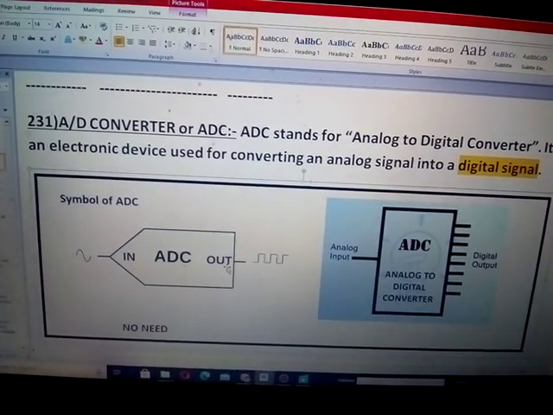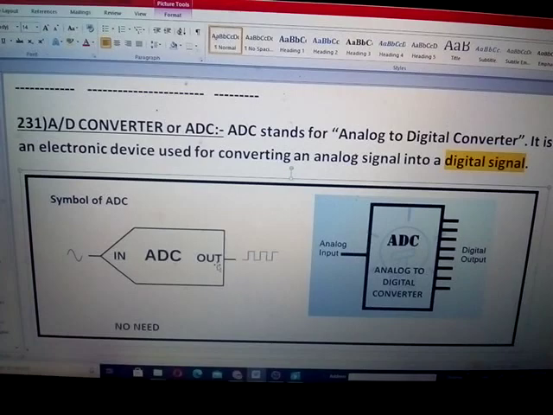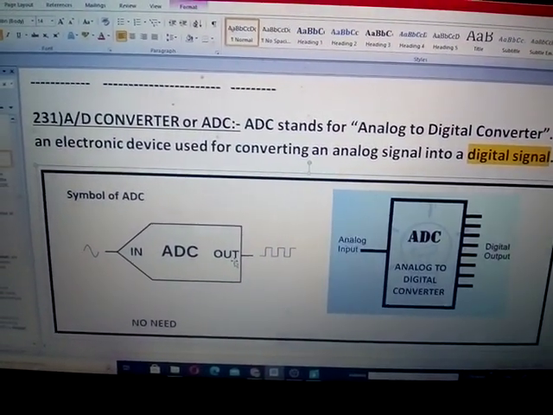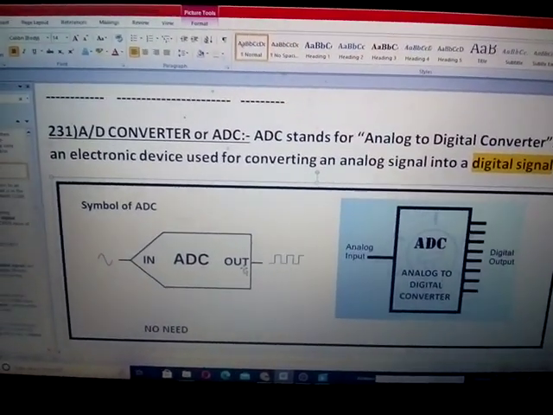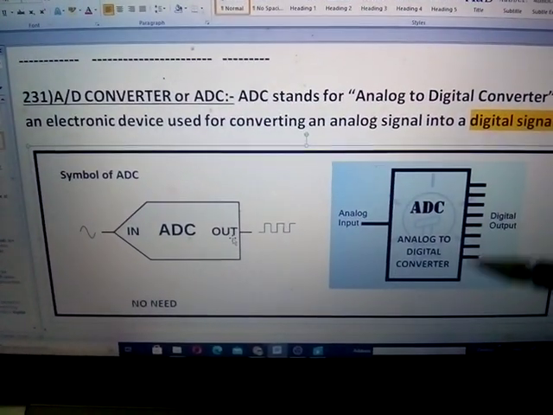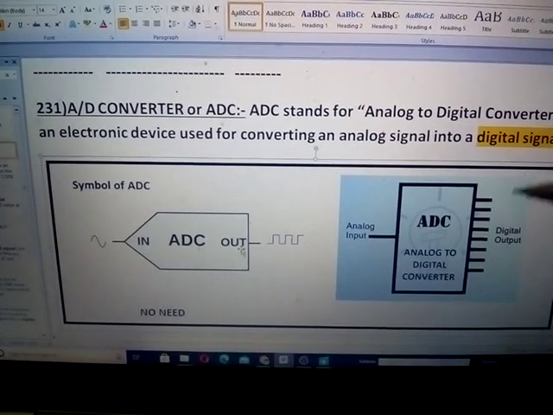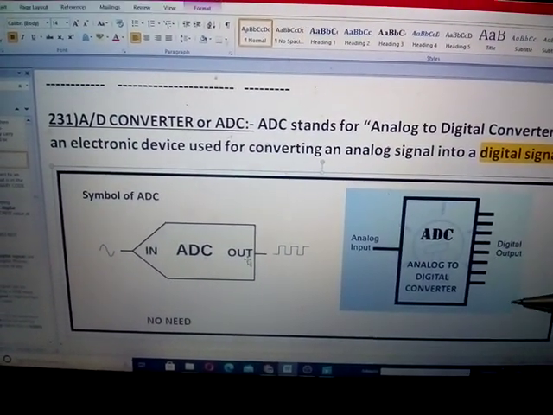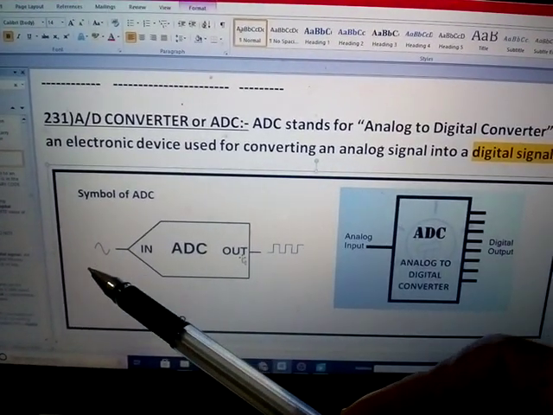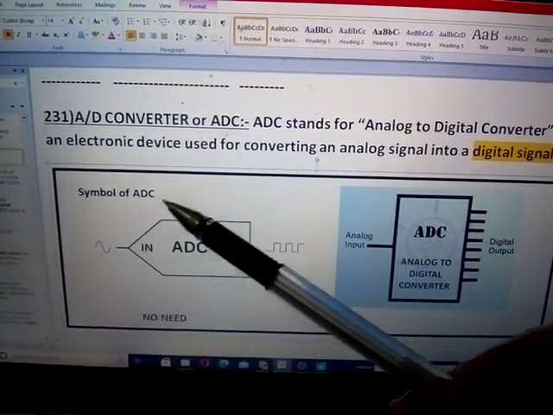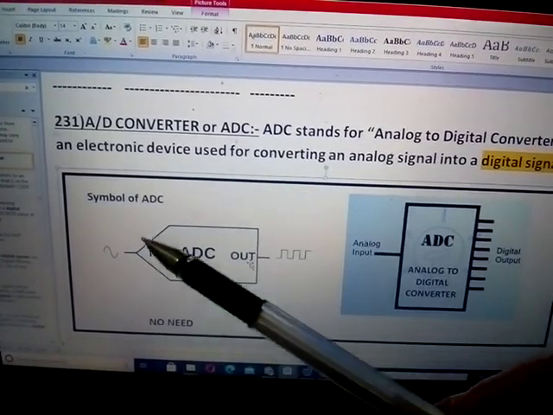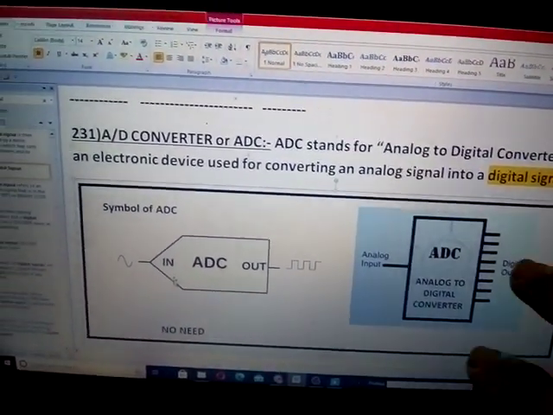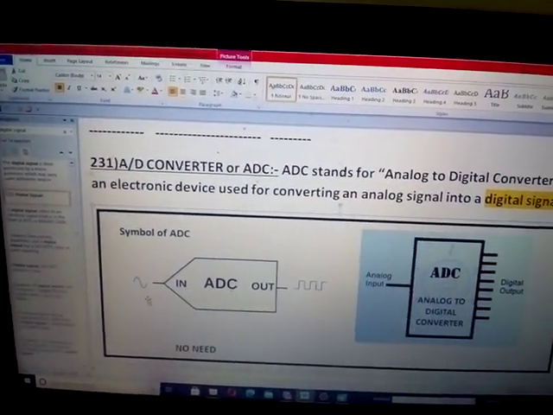more than one bit. Usually we will have 4 bit, 8 bit, like that. You can have 1 bit, 2 bit, 3 bit, 4 bit. But usually you will have a larger number of bits, hence you should show more lines here. This is the diagram, a symbol which is usually used as a short symbol. This is the better symbol. Both are used.